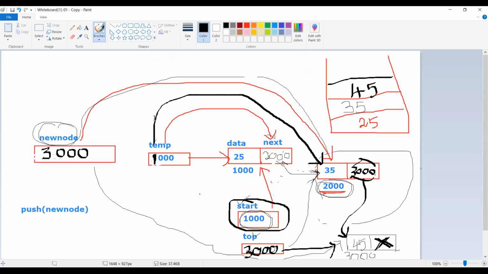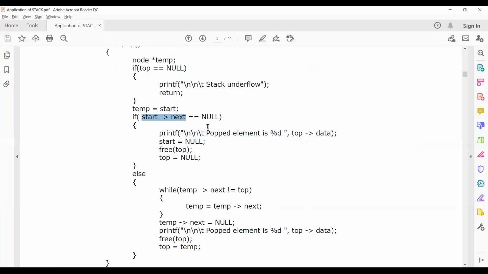Initially, I'm checking start next. Why? Because if start next is null, what happens? It is the case where we have only one element in the list. If you are having only one element in the linked list, there is no need of temp at all. Actually, this line can be written after this if.